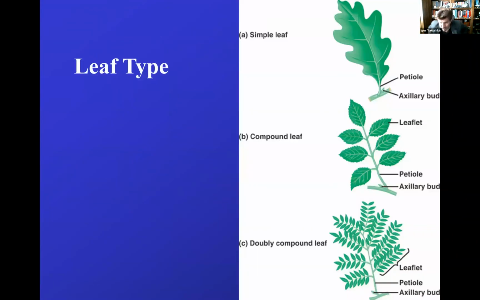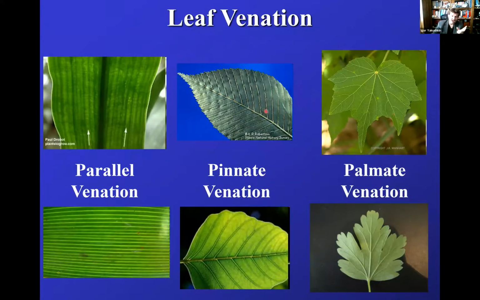Now, here's the thing which some of the students mess up on. We have a leaf. Well, first of all, we have the venations, right? Just the arrangement of the veins within the leaf blade, and it has a parallel, pinnate and palmate venation. Now, the arrangement of leaves, especially in the compound leaves, will use the same terms, palmate and pinnate, but in this particular case, it's not talking about the arrangement of the veins, but the arrangement of the leaflets. And let me show you momentarily, but make sure that you understand that there is a venation and